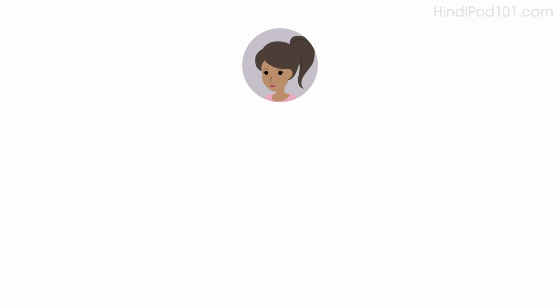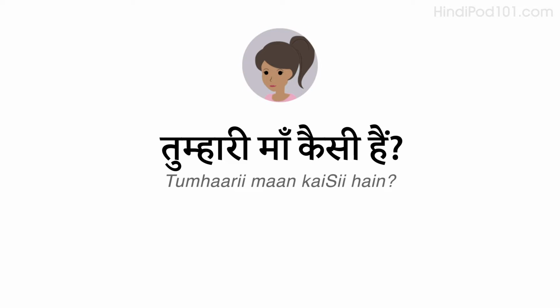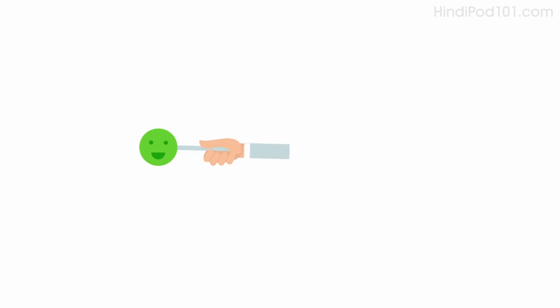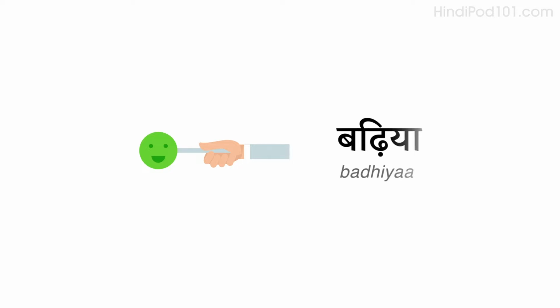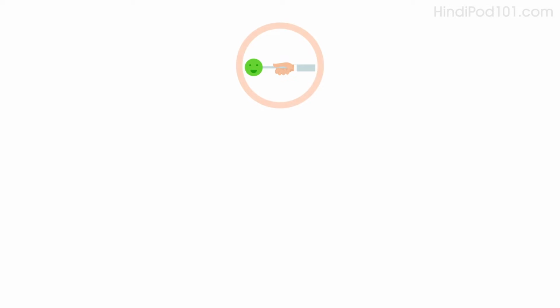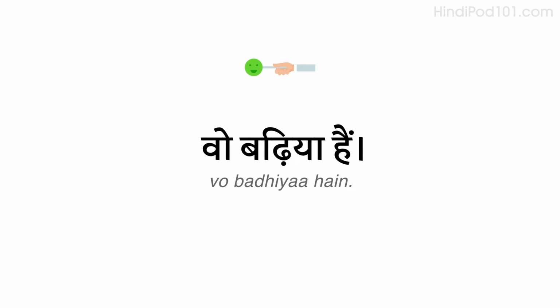Okay, now it's your turn. Do you remember how to say, "How's your mother?" तुम्हारी माँ कैसी है? Imagine she's great. Do you remember how to say great? बढ़िया. Say, she's great. वो बढ़िया है। Now, answer the question saying she's great. तुम्हारी माँ कैसी है? वो बढ़िया है।